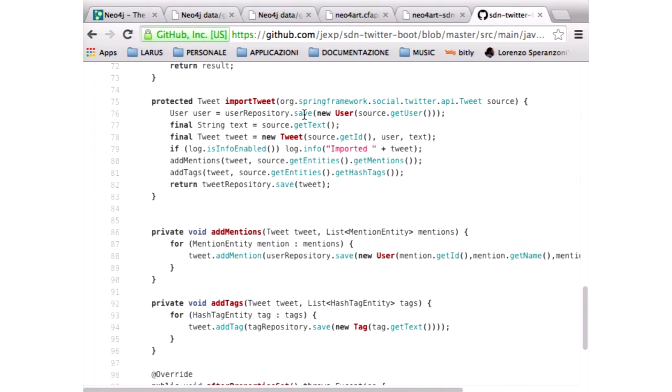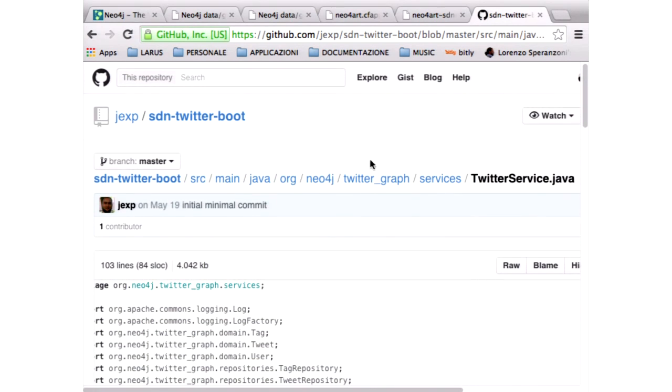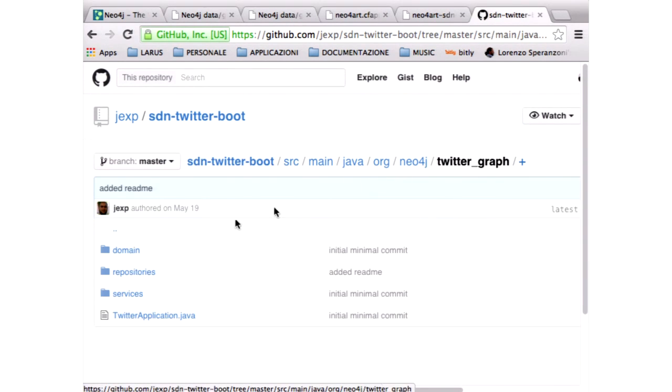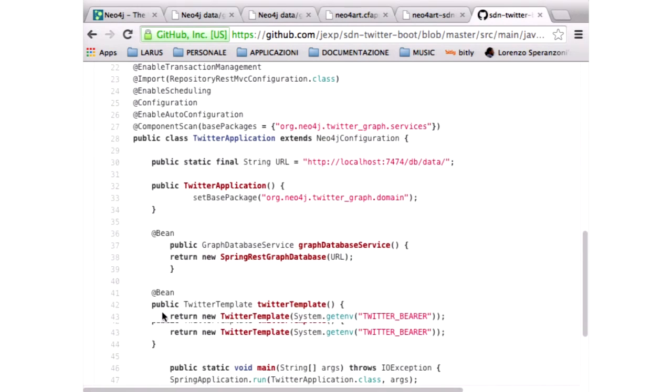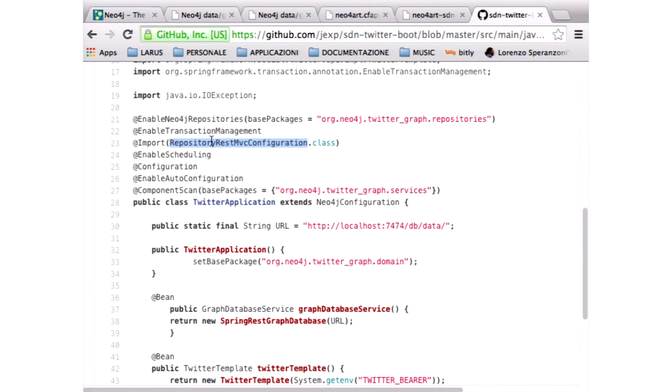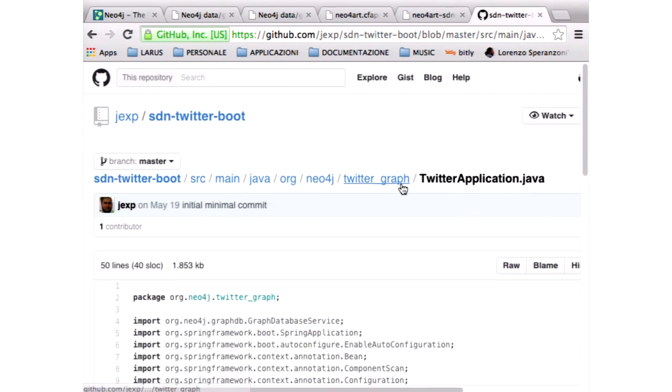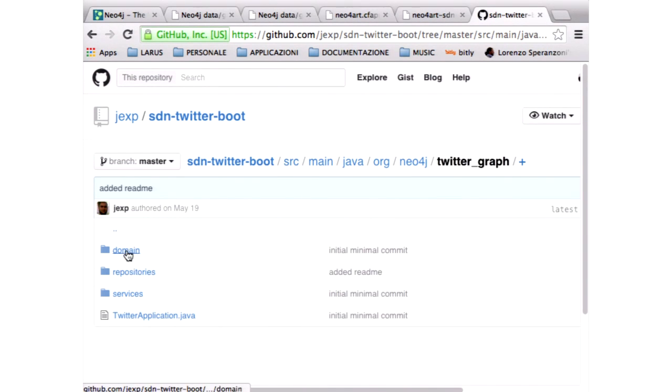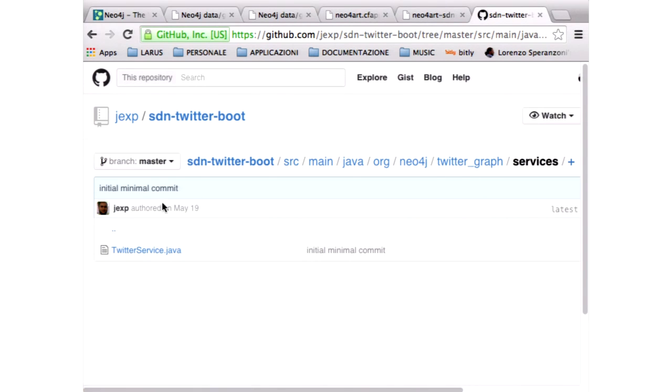I haven't, unfortunately. But I think like Spring Data REST, it should build easily on top of Spring Data Neo4j. At least Spring Data REST works out of the box with Spring Data Neo4j. So for instance, in the Twitter example, I just have a repository REST configuration here, which I needed because I had a different base URL that I wanted to use, and that's it.